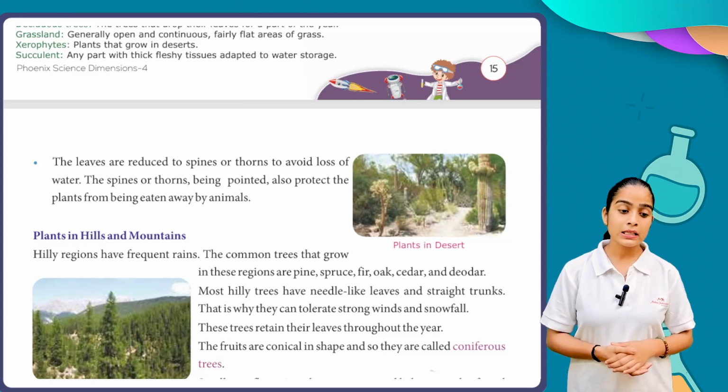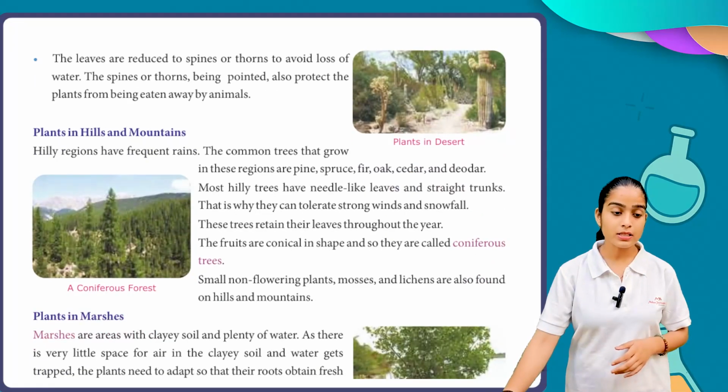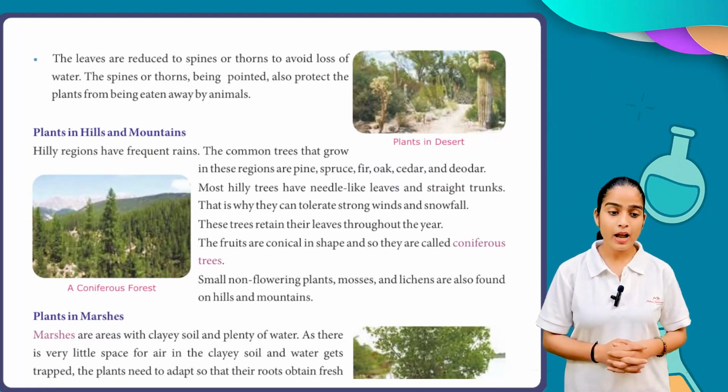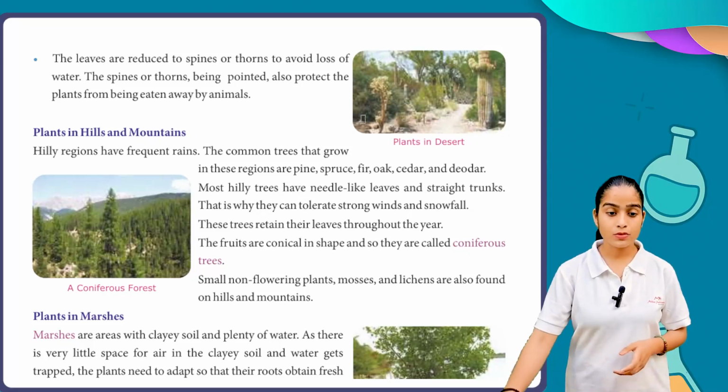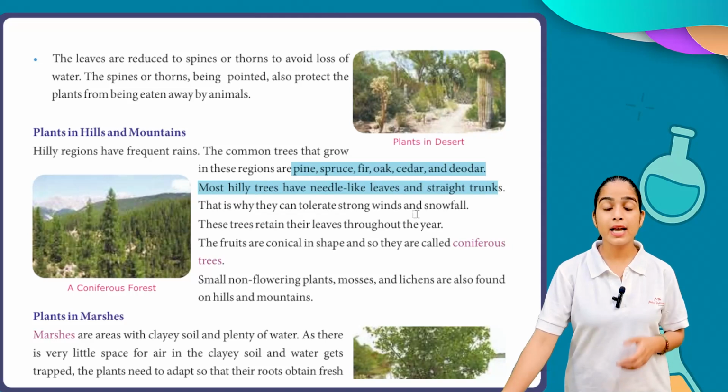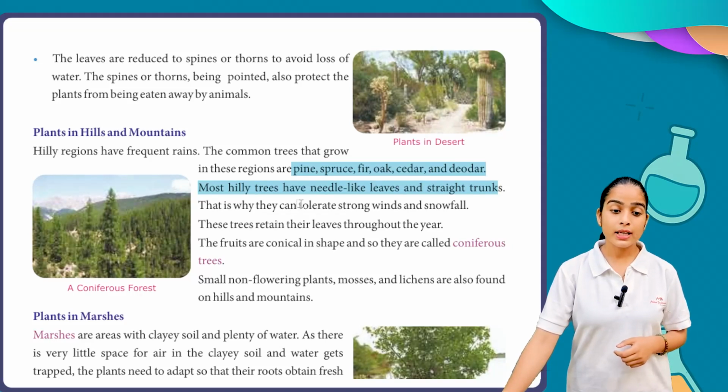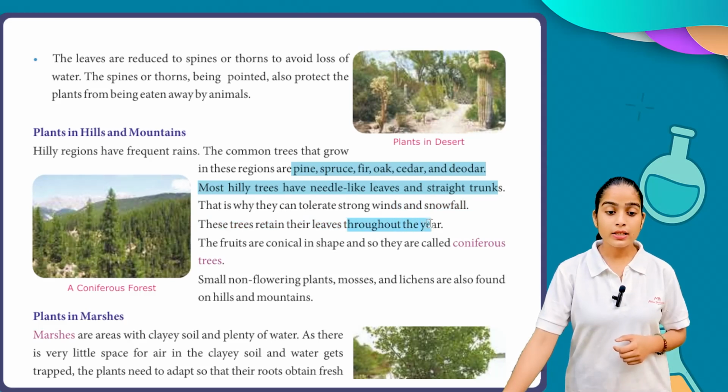Now, plants in hills and mountains. So the next terrestrial region we have is the hilly region, which has frequent rains. The common trees that grow in these regions are pine. So what are the examples we have for hill and mountain plants? First, pine, spruce, fir, oak, cedar, deodar, and most hilly trees have needle-like leaves and straight trunks. That is why they can tolerate strong winds and snowfall. These trees retain their leaves throughout the year, and the fruits are conical in shape, so that they are